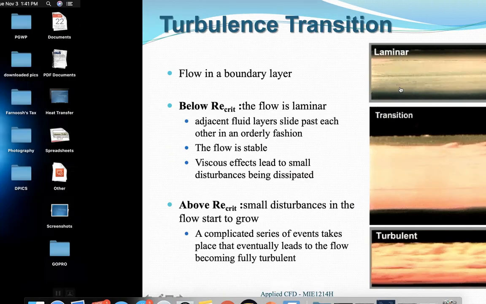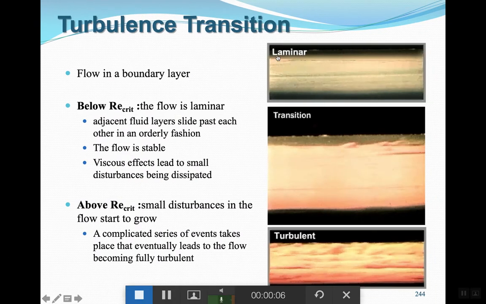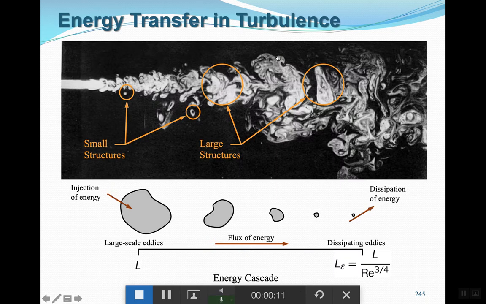Okay, now since we discussed this transition, now let's move on to more quantitative stuff. So, before explaining the methodology for solving a turbulence flow, we have to discuss something called energy transfer in turbulence, or energy cascade. What this is basically breaking down and explaining the flow of energy from start to end of